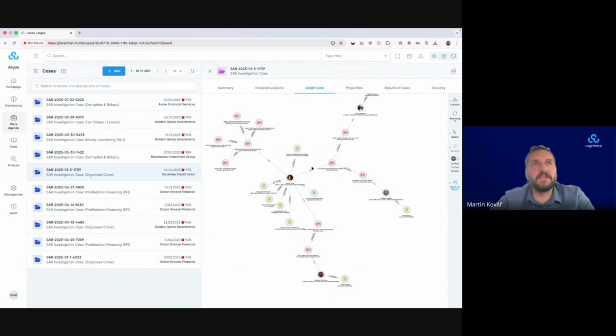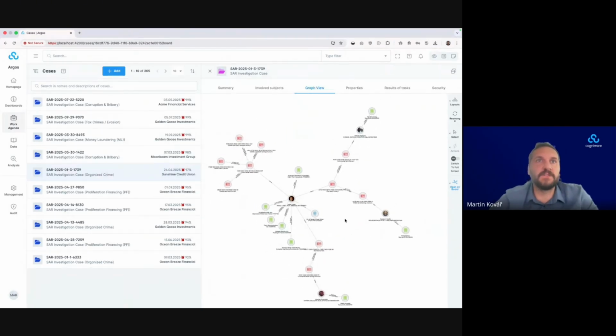Now, on top of that, there is a huge network of interconnected entities, and we are trying to make those networks easier to understand by running a set of patterns on top of that and visualizing only the relevant data. So we are trying to take the important data related to that STR, and we are visualizing them automatically.